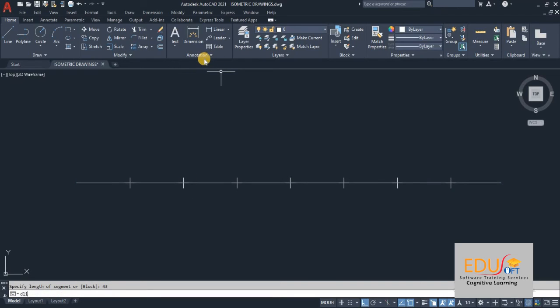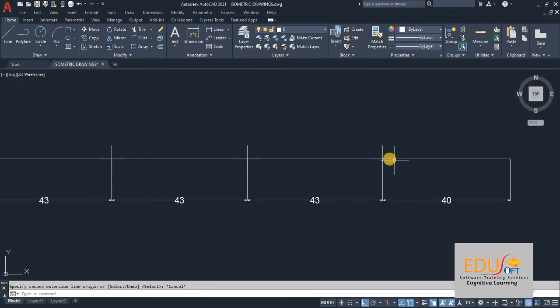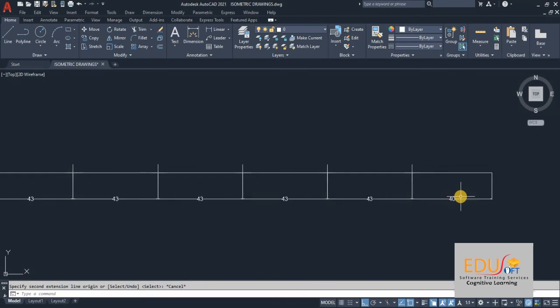We will measure the length of the divided segment. See, the last segment will be something different. It will not be 43, because up to this much we get equal lengths of 43. This will be 40 only, because after this portion the line extends, and the balance will be kept as it is.